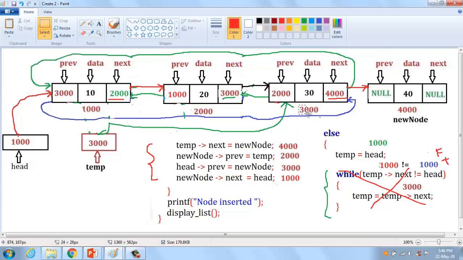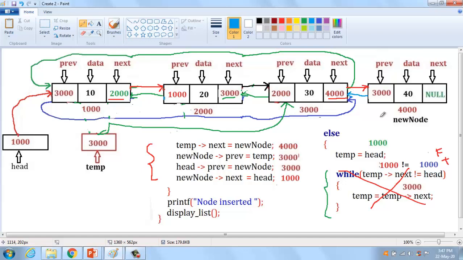Temp is 3000, so here it should be changed into 3000. If it changes, a link is connected from the last node to the third node in the list.